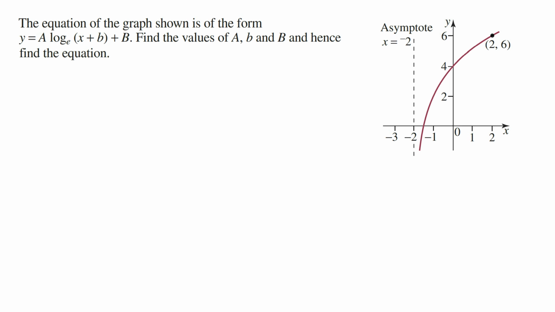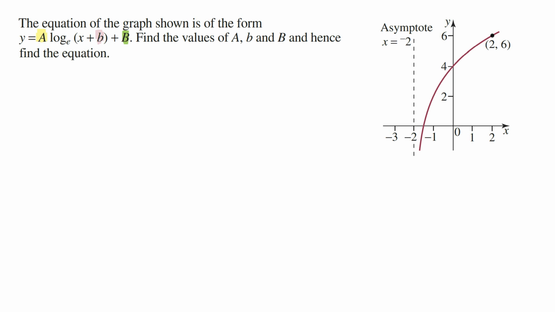The equation of the graph shown is of the form y is equal to A log e (x plus b) plus B. Find the values of A, b, and capital B, and hence find the equation. The equation for the given log graph has three unknowns, capital A, small b, and capital B. And so to find the value of these three unknowns, we need to use three pieces of information from the